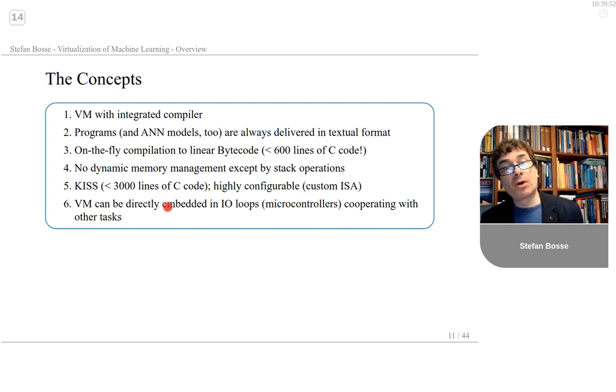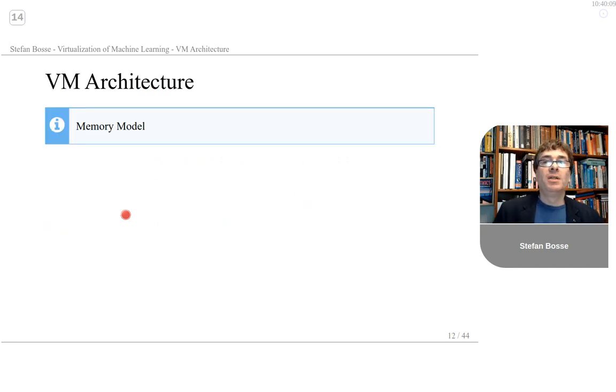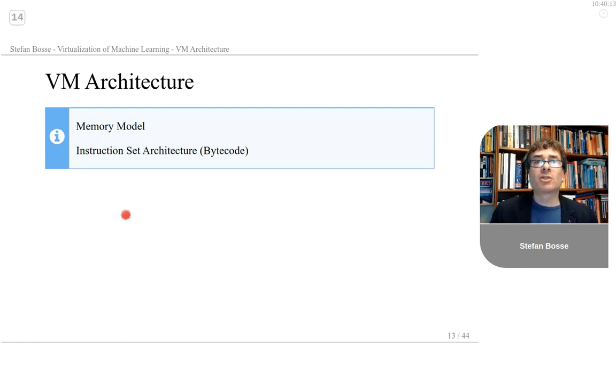Less than 3,000 lines of C code for the entire virtual machine. Highly configurable with the custom instruction set architecture. And the VM can be directly embedded in I/O loops from microcontrollers cooperating with other tasks. Very important feature. So, here a short overview of the VM architecture, the memory model, the instruction set architecture